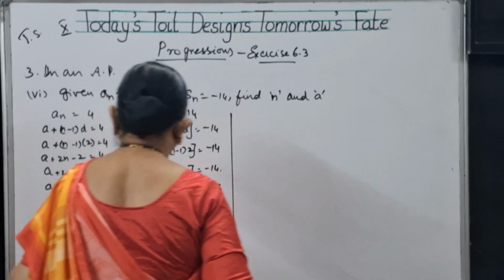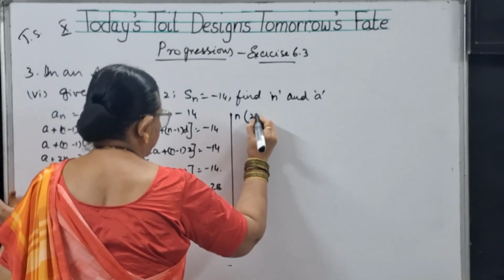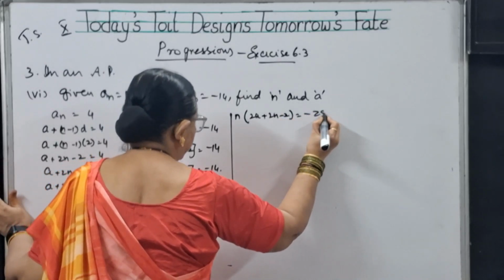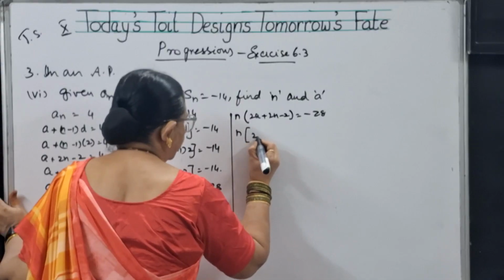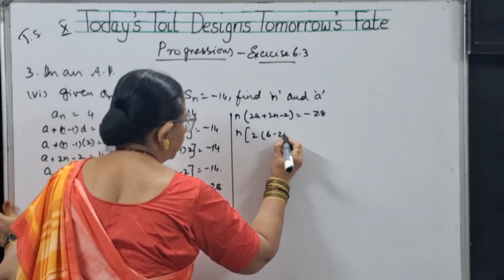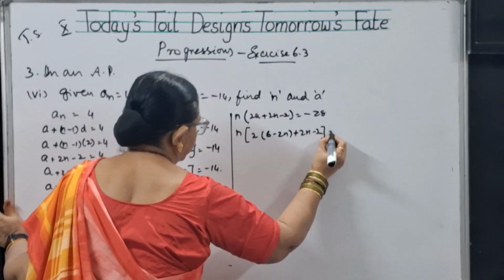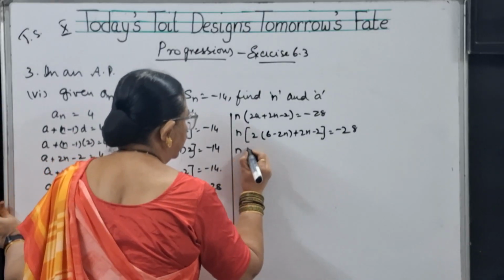That is, what is that I have got? n into (2a plus 2n minus 2) is equal to minus 28. That means n into 2, in the place of a, 6 minus 2n, plus 2n minus 2 is equal to minus 28. That means n into